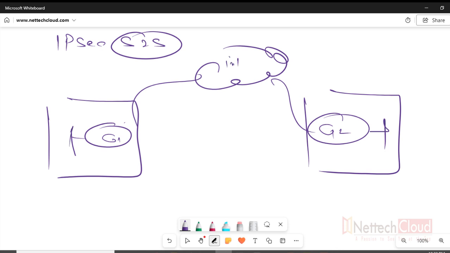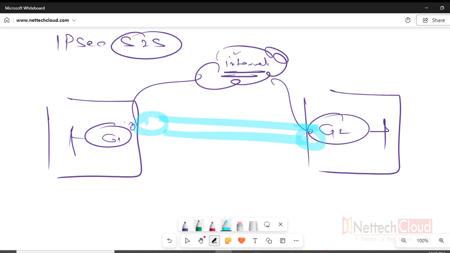So here the internet is what? The internet is the public network and transport here. And you understand the internet is everywhere, very cost effective, good data transfer rate. In fact nowadays even a site can have business broadband, an internet leased line circuit, or any type of VPN connectivity. Not necessarily has to be a leased line internet connection only. The requirement here is just an internet connection. So if both sides have internet reachability, connectivity, then on top of that we can configure an IPSec tunnel, right?